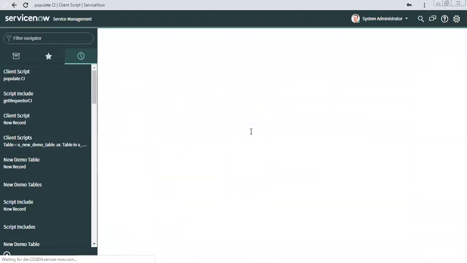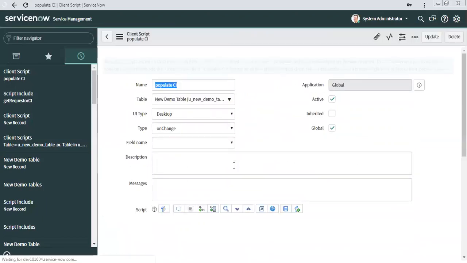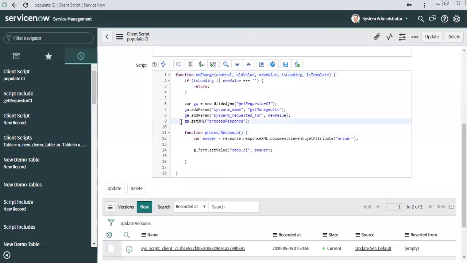And then this getXML is making the call and defining a callback function. And here we are defining the callback function definition. So this is similar to how it made a call to the server. This whole thing made a call to the server with the specified parameter, and then it asks the callback function: okay, now I have made the call, there will be a response coming from the server, you just get it and set it to the CI field.